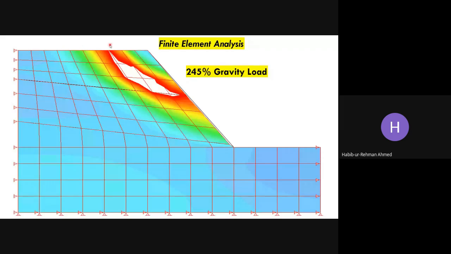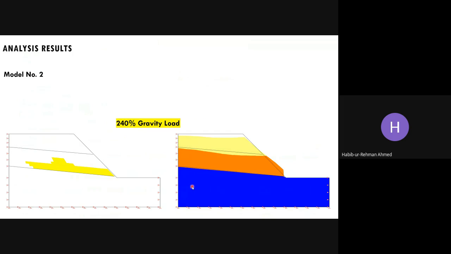So you can see here that the failure of this part of the slope was considered as the critical under finite element analysis, while limit equilibrium was giving something else, which is highly hypothetical. Now the factor of safety in this case is 2.45. Although, in finite element analysis, there is always a movement analysis going on in parallel to the shear failure. Now the shear failure is giving a factor of safety of 2.45, but if you look at the